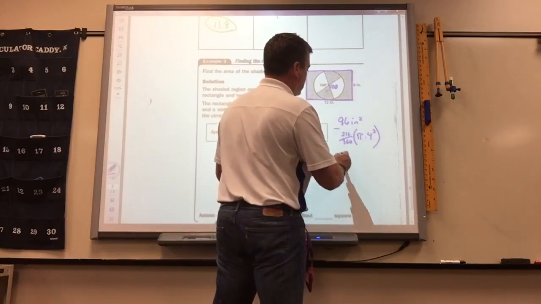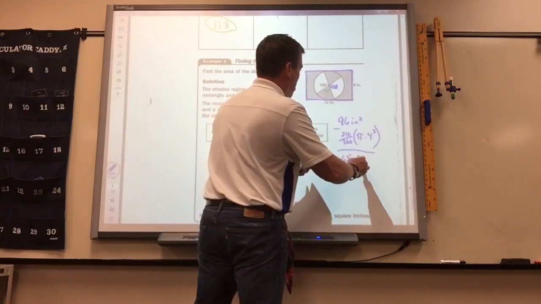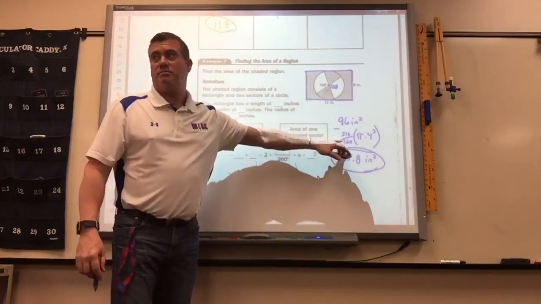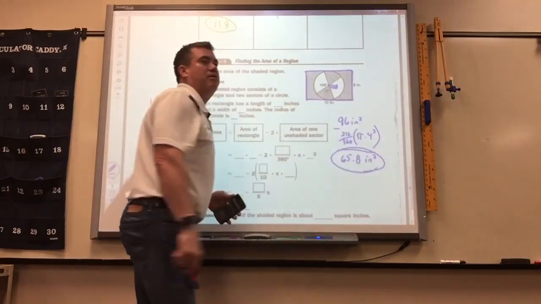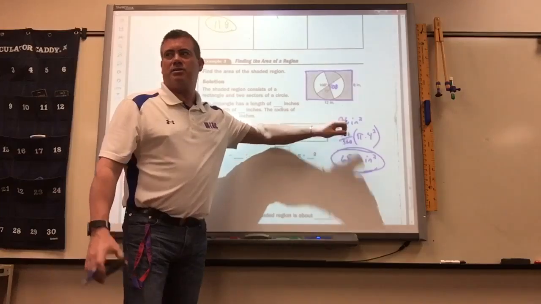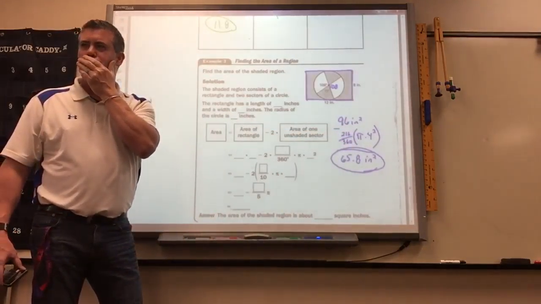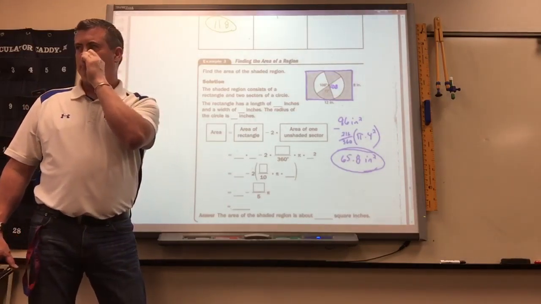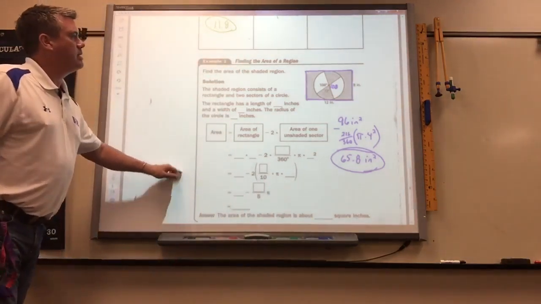You figured this out, right? So I just did it all at once. I took the 96 minus that. Because what you figured out was this part you got to subtract from 96. So if you take 96 minus what you got, you would get the shaded area, 65.856. Okay? Now,